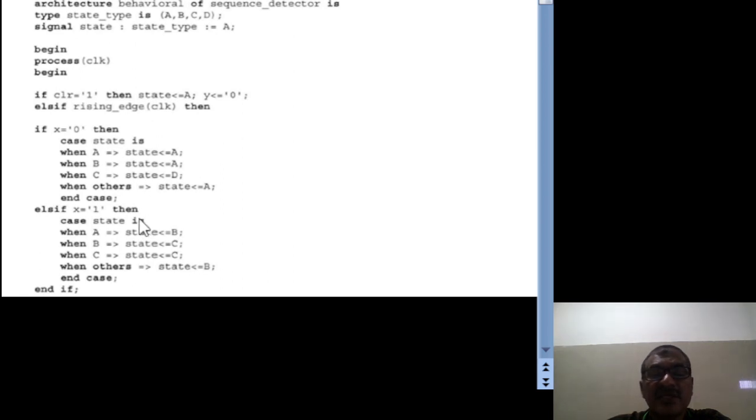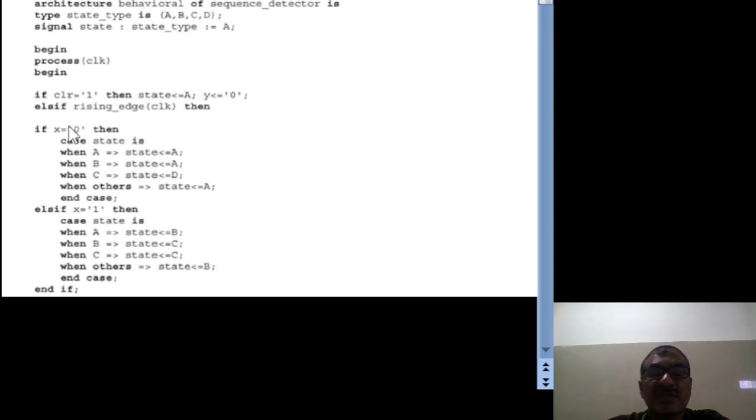So this program is as per the state table. Suppose x is 0, then in order to know the state of the signal object state, I am using the case statement. Case state is